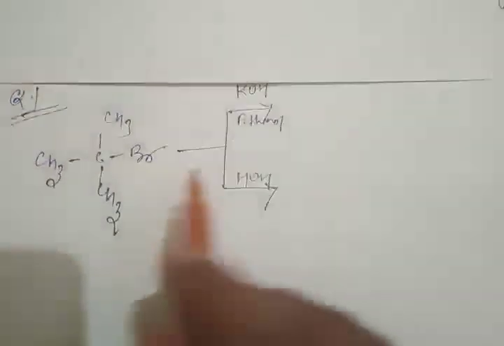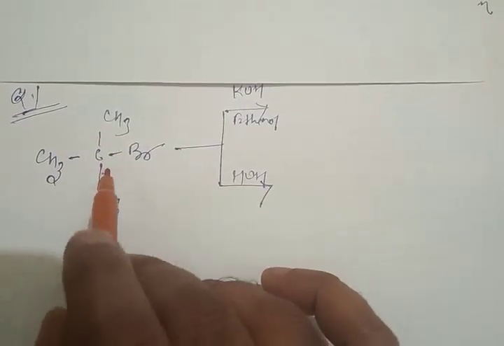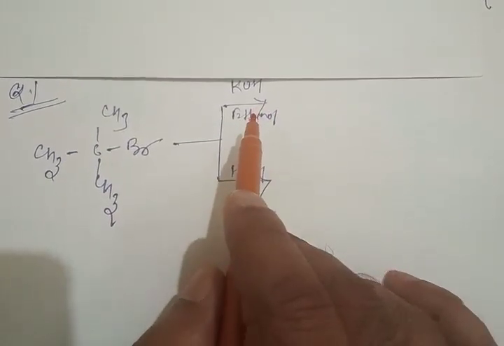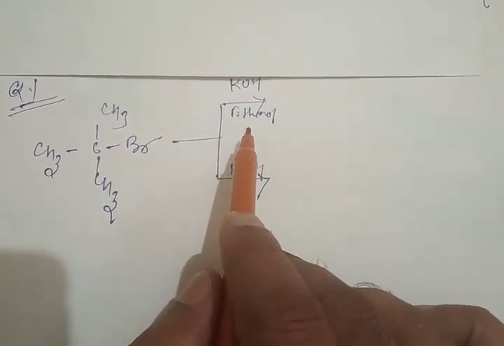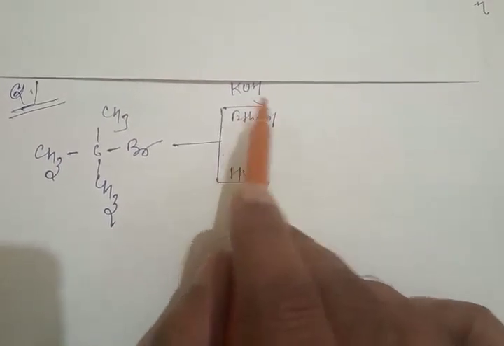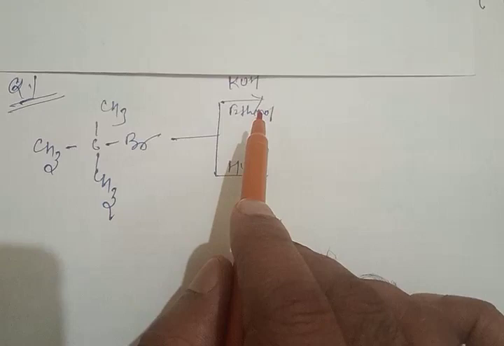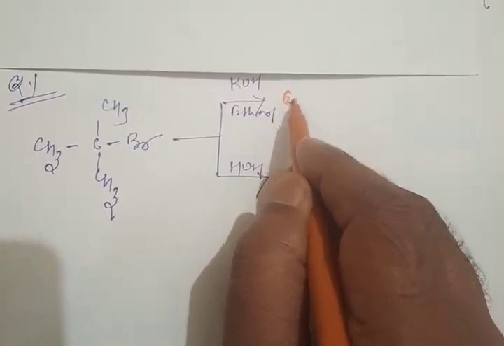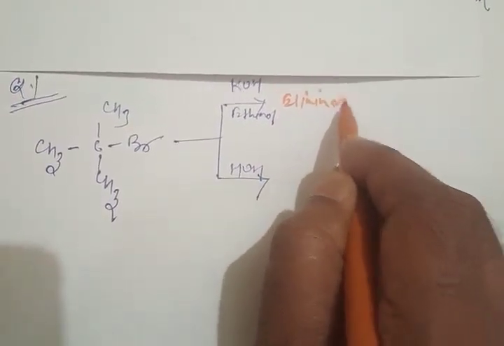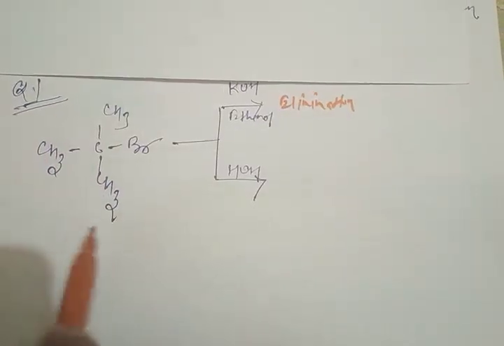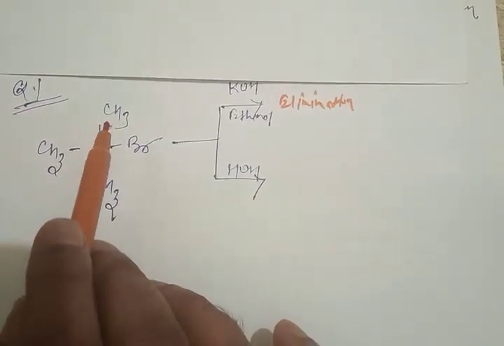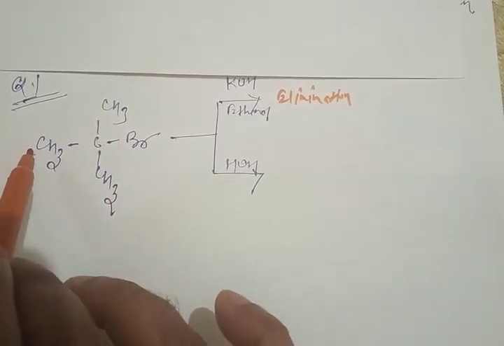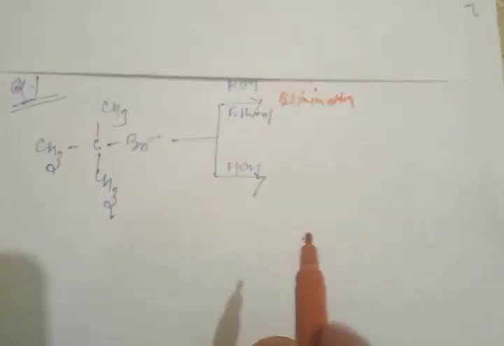So this was the problem. This is a tertiary alkyl halide, and we have two cases. As it is written here, KOH ethanol means it is an alcoholic KOH, and alcoholic KOH is meant for elimination. So here elimination occurs, and elimination means abstraction of a proton. We have three choices of abstraction of a proton. You can take any hydrogen, because this is alpha, so this is also beta, so you can take from any one.